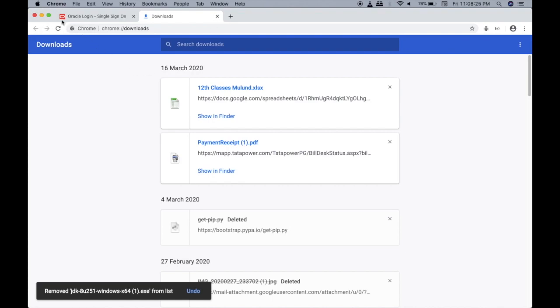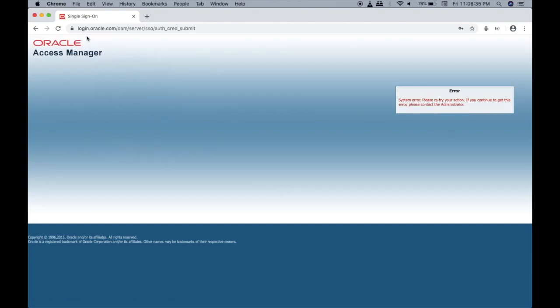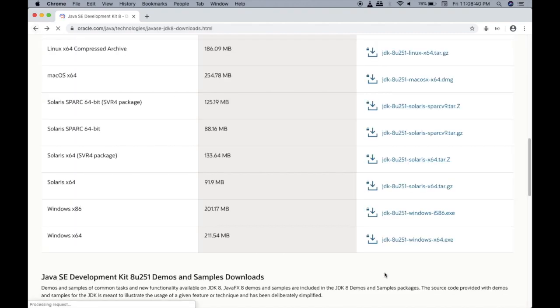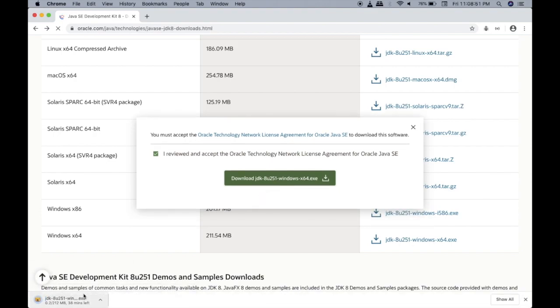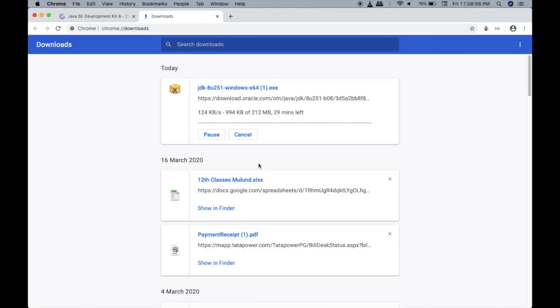Look, I click on sign in over here. It will ask me to review the agreement. I click on this download. See, now it is being downloaded. Now I go to downloads. What I was saying is that once the entire file gets downloaded, what you can